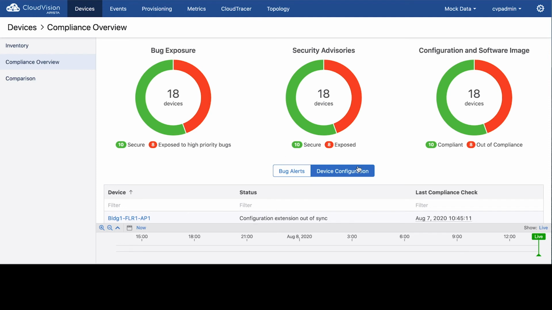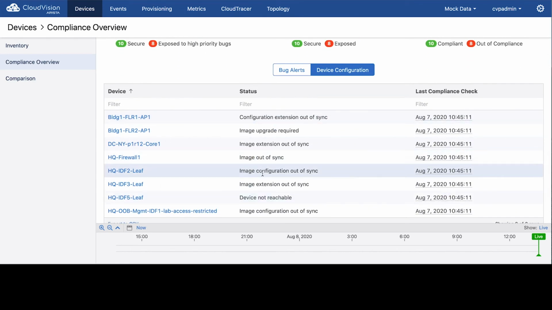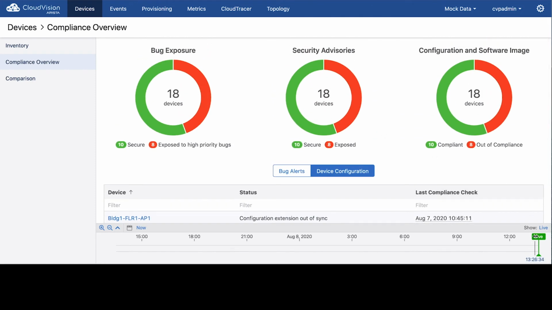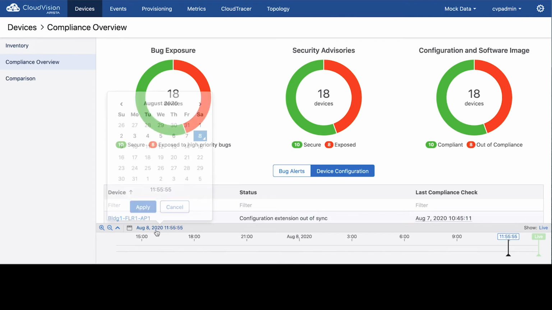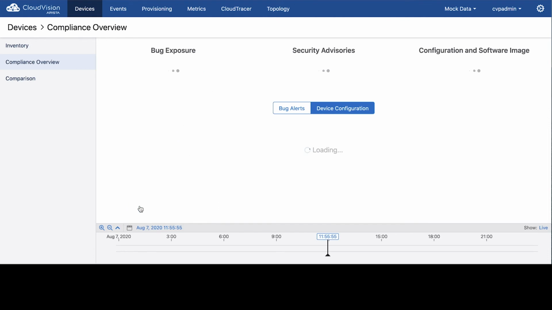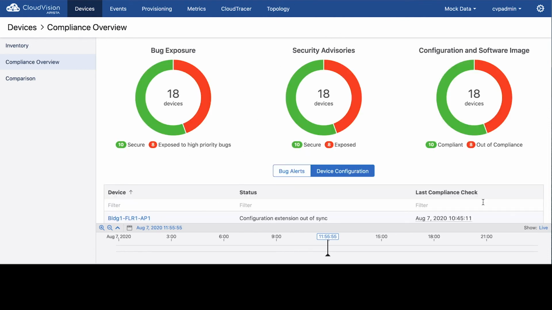So you could just click on device configuration, for instance, and see if anything's out of config. And this is current, by the way. So this is the live version. I can click on live and move it and check how was it earlier. So we have the historical view of all of telemetry and compliance in CloudVision. And then if I want to check a different day, I can choose a different day and choose apply. And that was the situation yesterday. If I want to go back to live, I'll just click back on live. So this is a nice, simple little tool that makes a huge difference as far as what type of risk